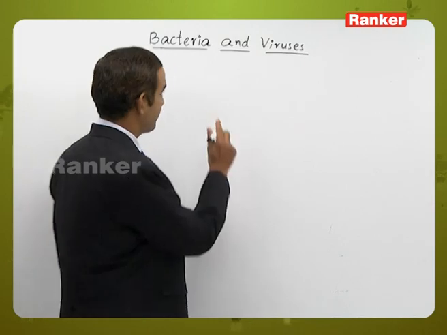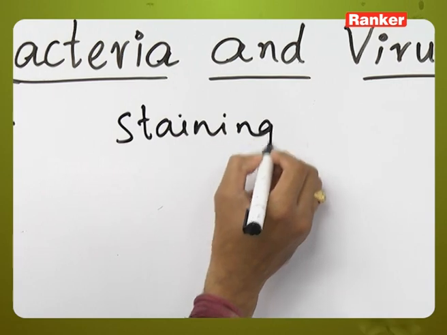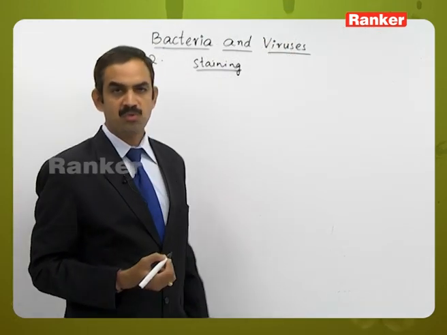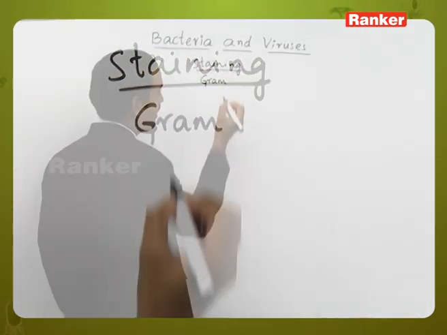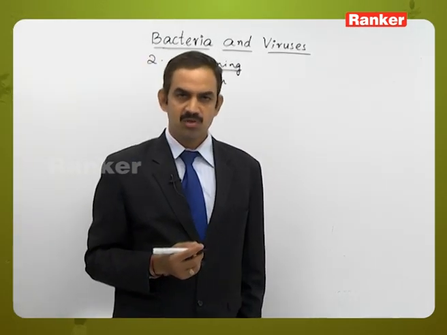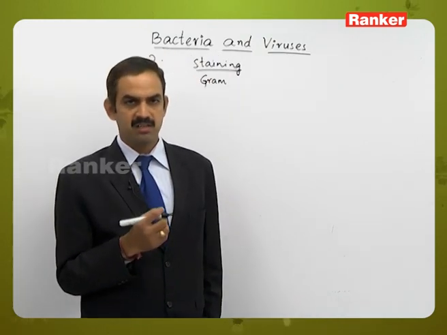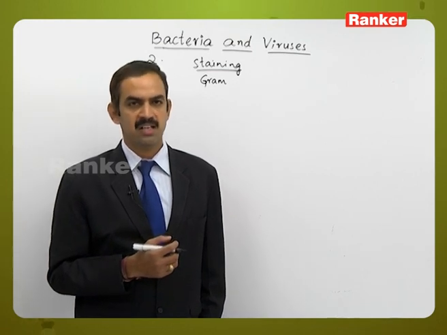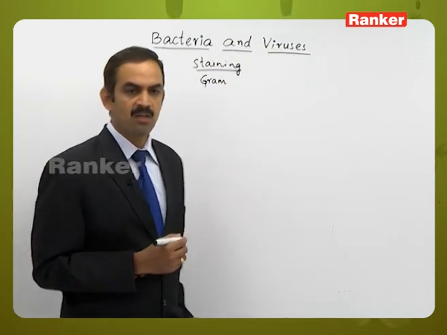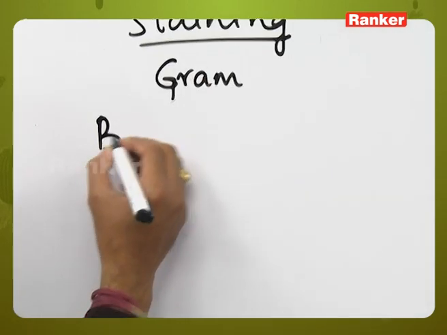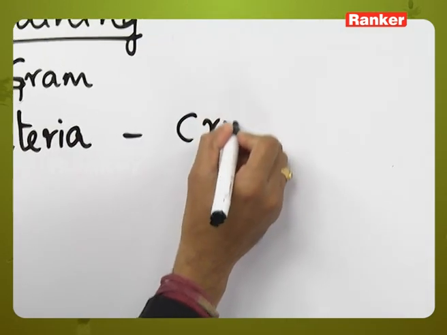So this is a question related to the staining process. This concept of staining was developed by the scientist Gram, so it is called the Gram staining process. It is a process to differentiate the bacteria, where some of them are considered gram positive and some gram negative bacteria. First, all the bacteria to be differentiated have to be kept in crystal violet